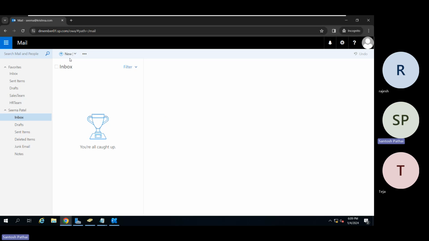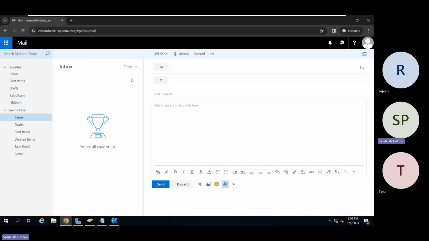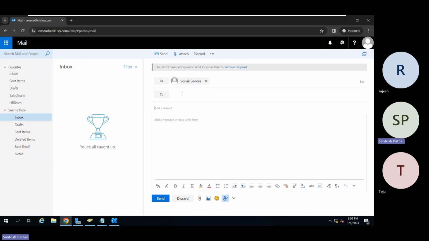Right? You can see she's also receiving a message that she doesn't have the permission to send email to Sonali